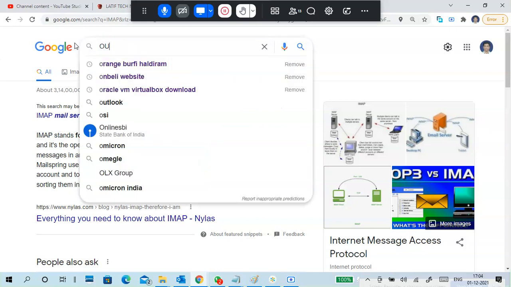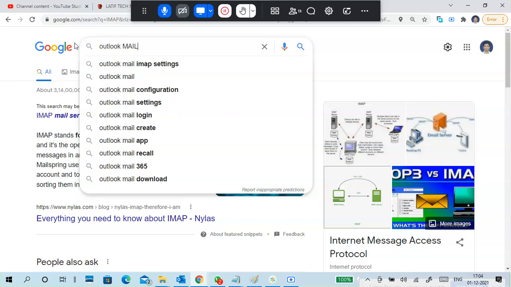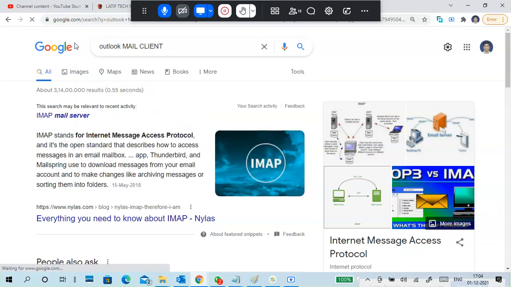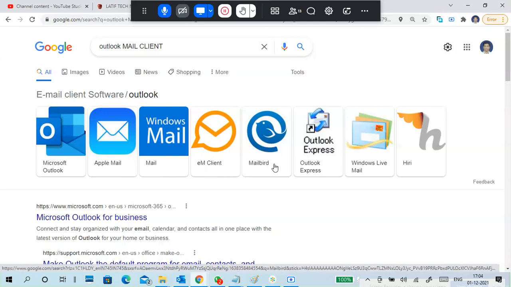So first of all, I will show you Outlook. See, these are Microsoft Outlook, Apple Mail, Outlook Express, Windows Live Mail, like this.